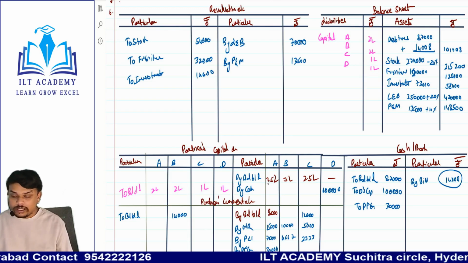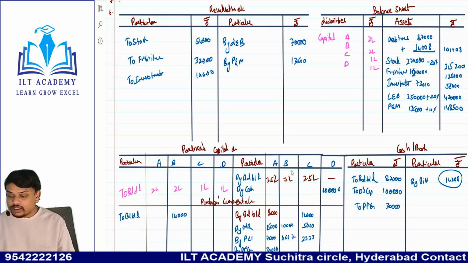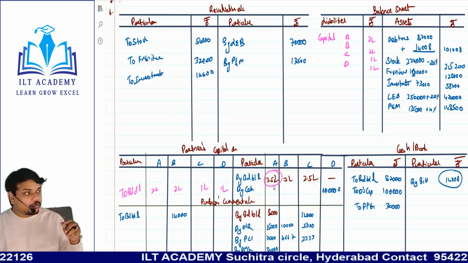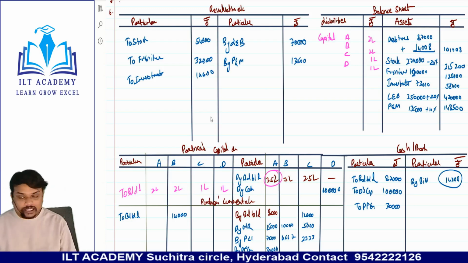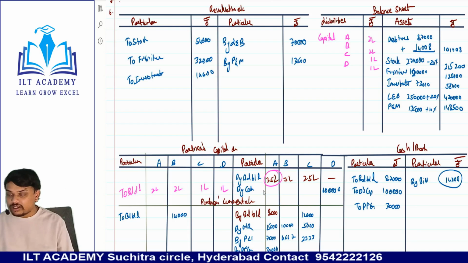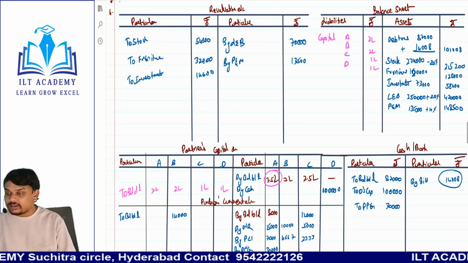Now if you see, there might be a chance of excess capital or deficiency of capital. Now if you see, A's capital is 3.5. Now he needs to maintain only 2 lakhs. He is having excess capital. That needs to be adjusted through which account? They told current account. तो करंट अकाउंट से एडजस्ट कर लेंगे इसको।